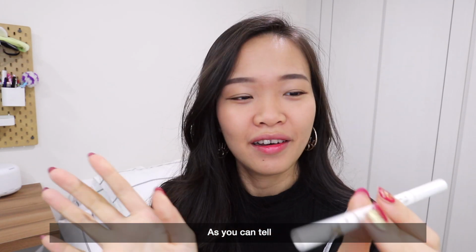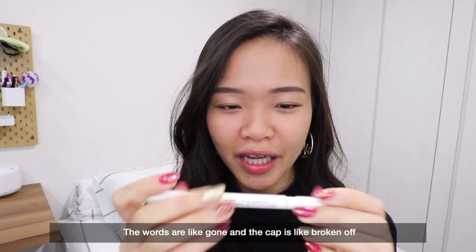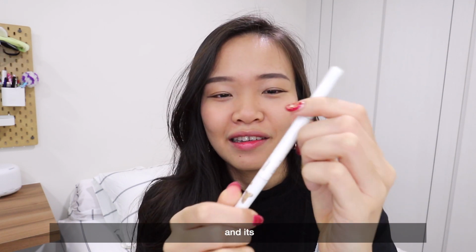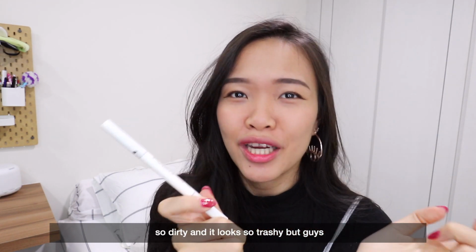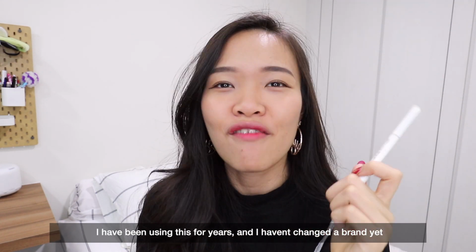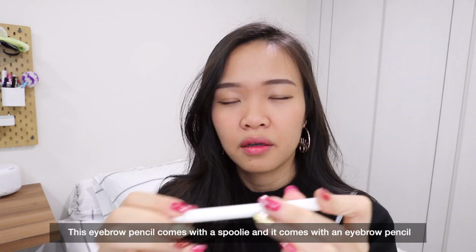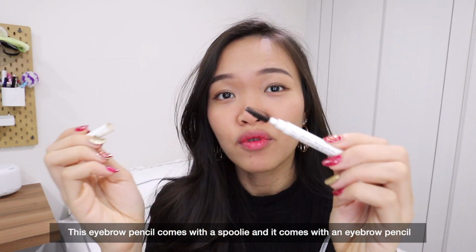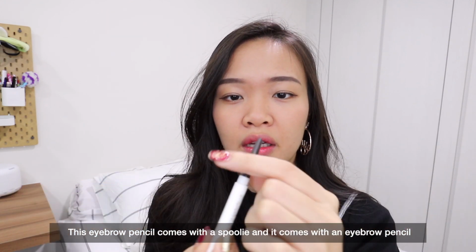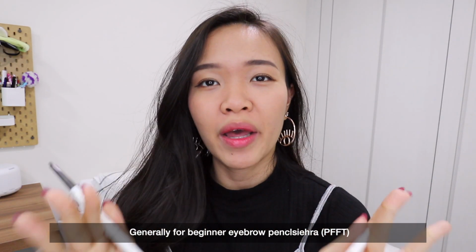As you can tell, the words are gone and the cap is broken off and it's so dirty and it looks so trashy. But guys, I've been using this for years and I haven't changed a brand yet. This eyebrow pencil comes with a spoolie and an eyebrow pencil. Generally, beginner eyebrow pencils